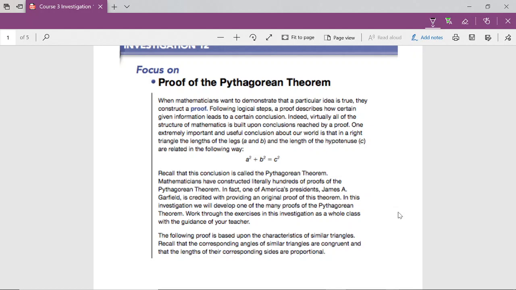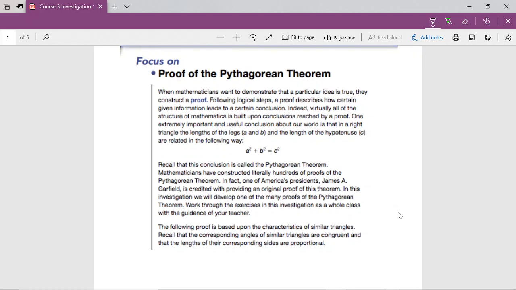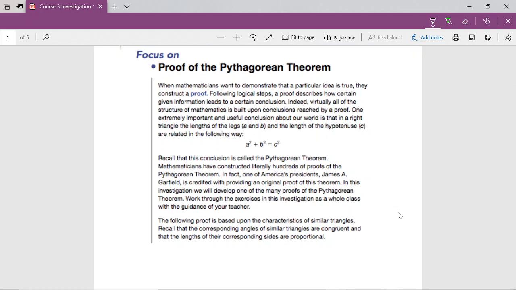When mathematicians want to demonstrate that a particular idea is true, they construct a proof. Following logical steps, a proof describes how certain given information leads to a certain conclusion. Indeed, virtually all of the structure of math is built on conclusions reached by proof. If you ever go to a college, that mathematics department is going to be basing their classes on proving different